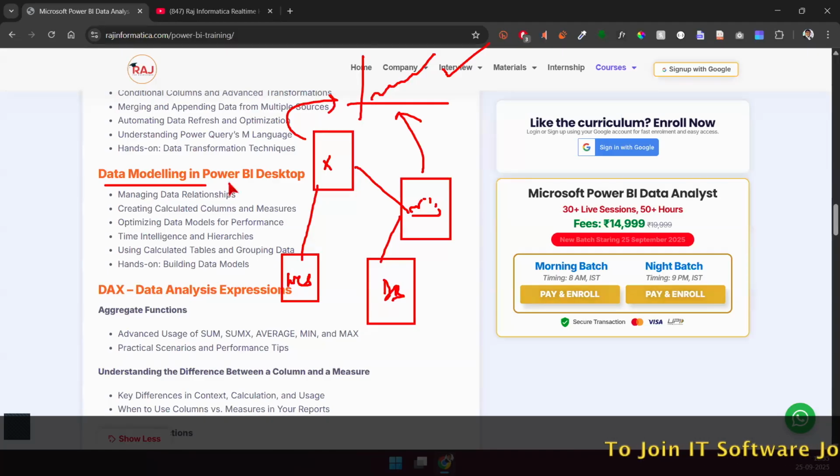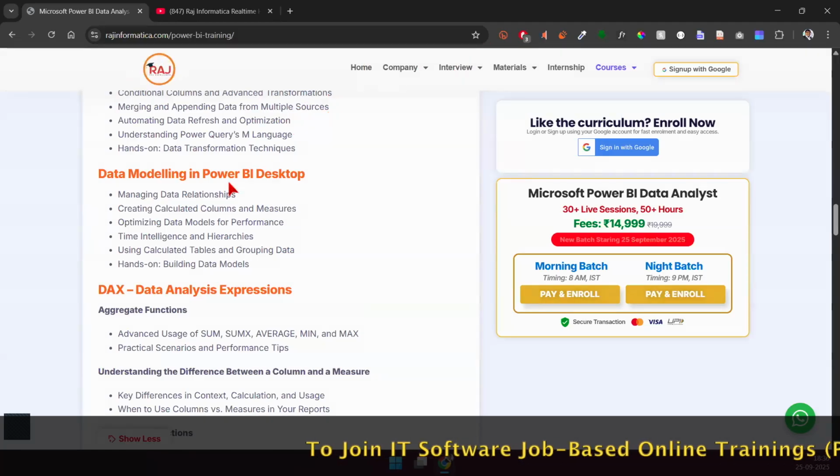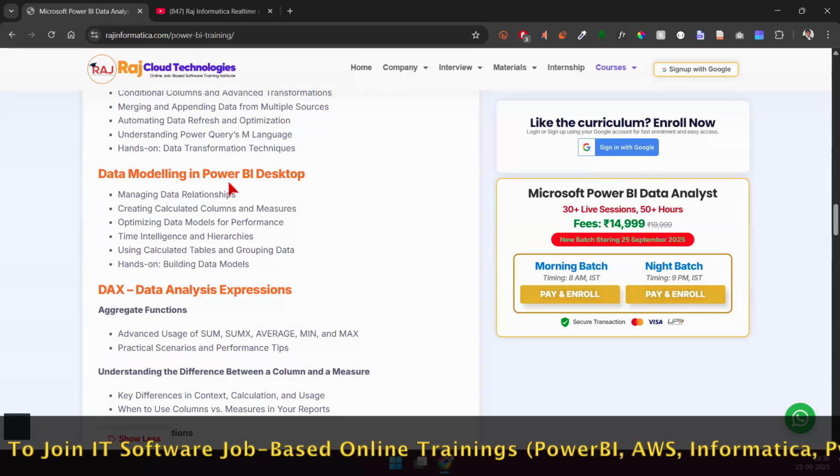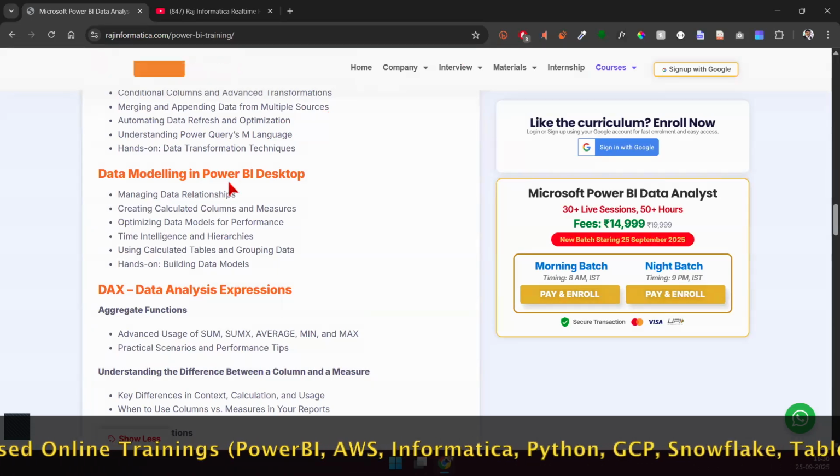Okay, so these are all steps. We are not going to jump right into the visualization and get started with that. These are all just the steps that we'll follow, and this is how things work.